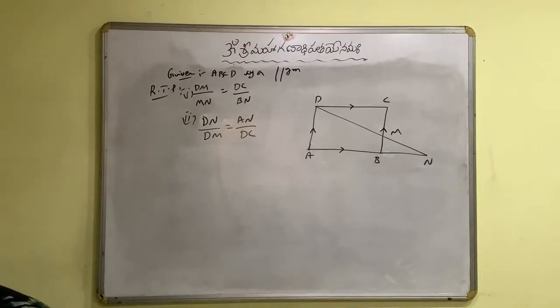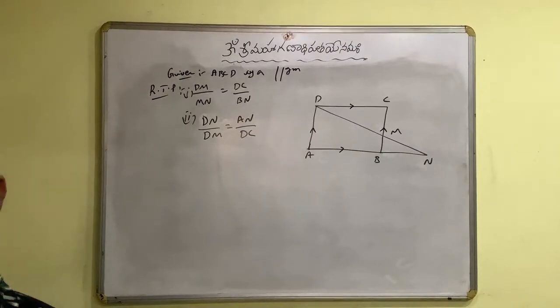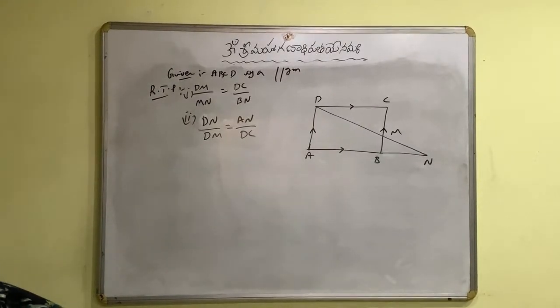Given ABCD is a parallelogram, and we have to prove that there are two parts, 1 and 2. We have to prove both. So, in order to prove the first one, DM by MN equal to DC by BN. Okay, in order to prove those two ratios are equal,